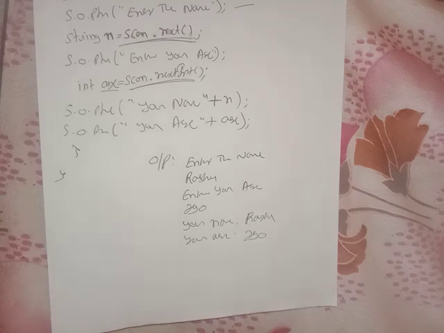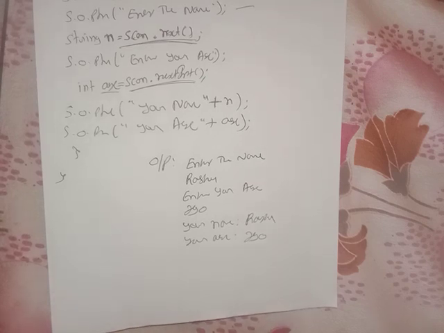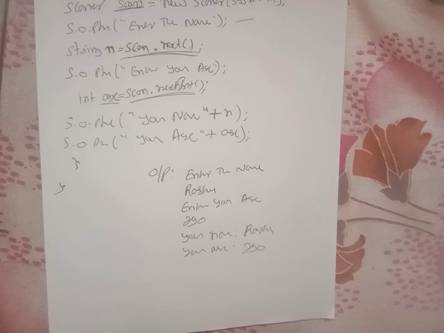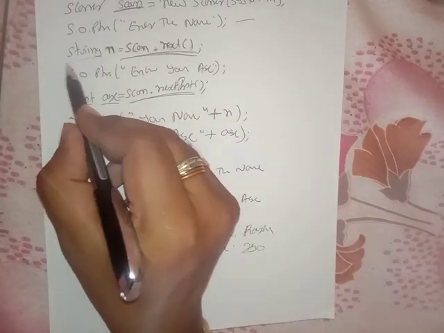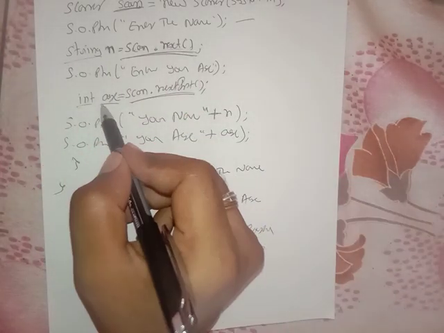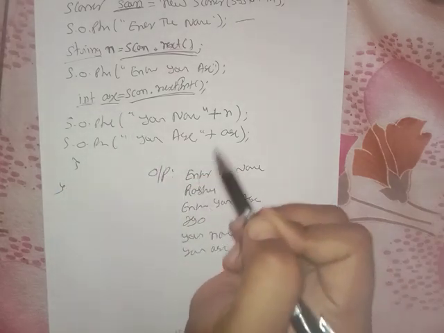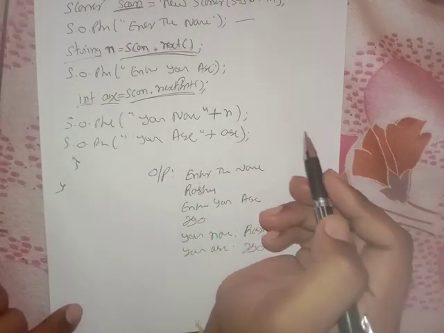That's it. Like this, you have to use the Scanner class methods to read the input from the user. So always remember, whenever you use nextInt, you should catch it using int. Whenever you use next, you should catch it using a String. When I use nextByte, you should catch it using a byte type variable. So this is the logic to read the input from the user.